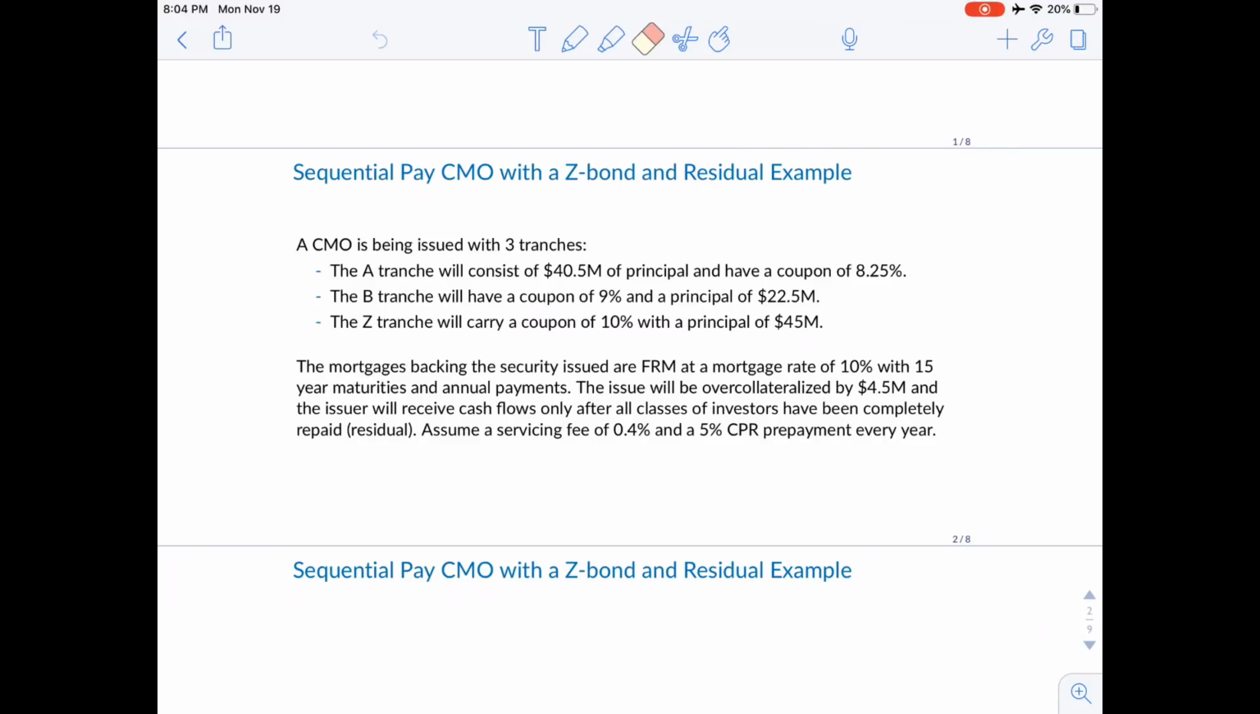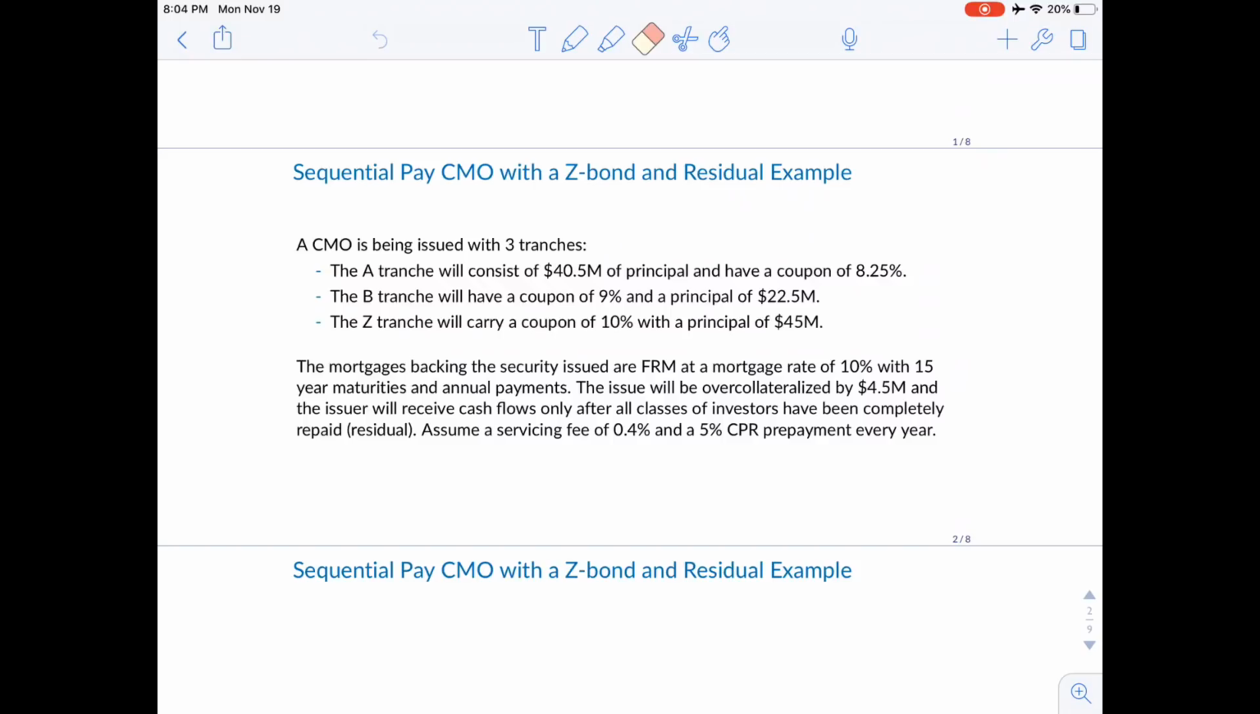We have a CMO that is issued with 3 different tranches. We have tranche A, which consists of $40.5 million of principal and has a coupon rate of 8.25%. We have the B tranche, which will have a coupon rate of 9% and a principal of $22.5 million. And a Z tranche that will carry a coupon of 10% with a principal of $45 million. The mortgages backing the security issued are fixed rate mortgages at a mortgage rate of 10% with 15 year maturities